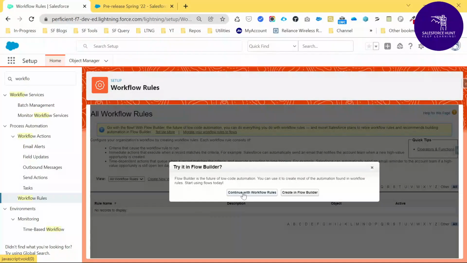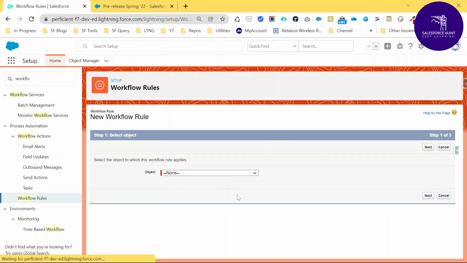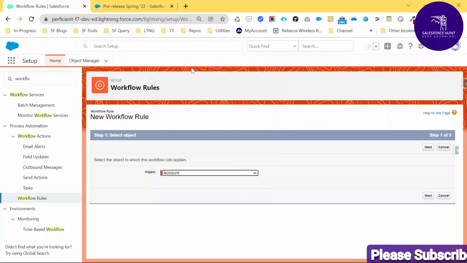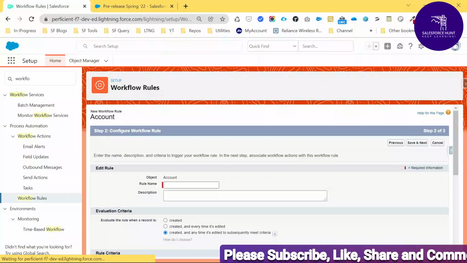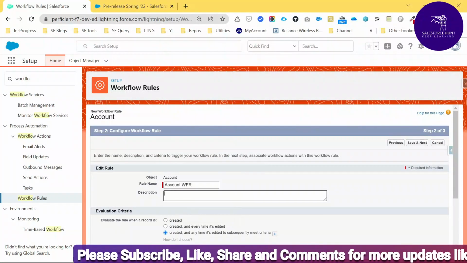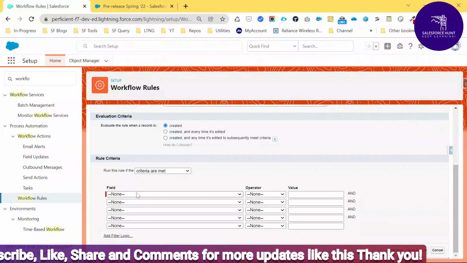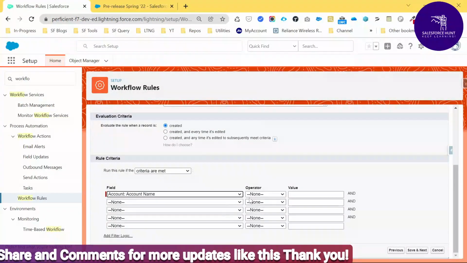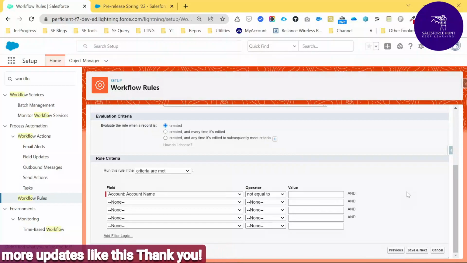First of all, let me click this first option, continue with workflow rules. Click this one, and once you click this, it's asking which object you want to select here. I want to take Account here. Just click on the Next button, and again you have to write a name like Account Workflow Rule, WFR, right? And the evaluation criteria is created, and the rule criteria is Account Name not equal to empty or null. Just click Save and Next,